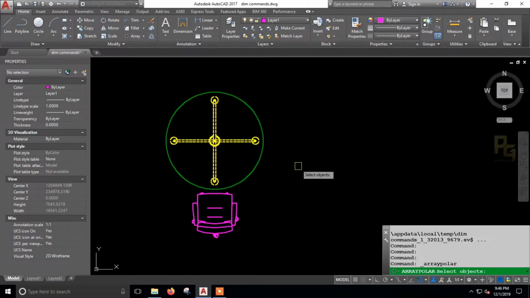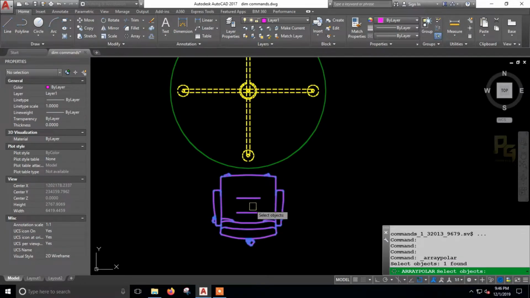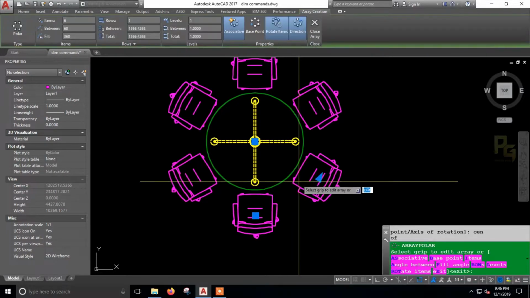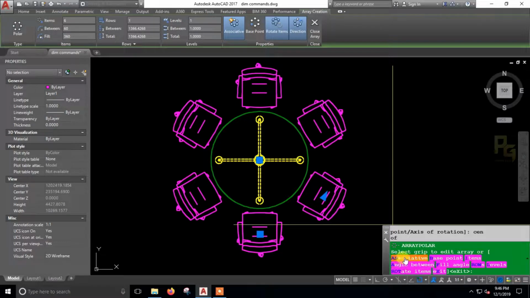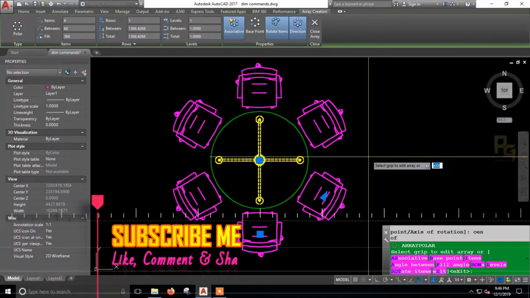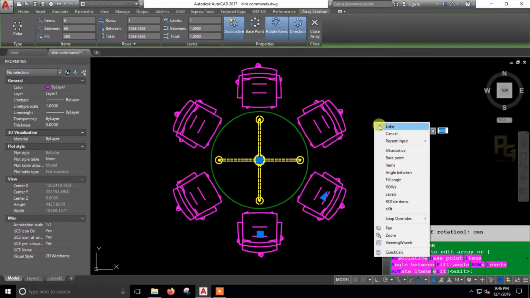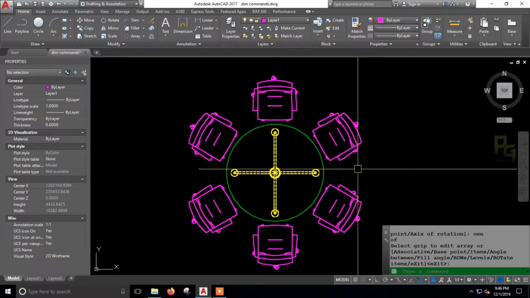I am picking the command polar array and selecting the object which needs to be arranged. So I am selecting the chair and entering it. It asks you to pick the center point, so I am picking the center of our dining table. By default it creates the array. You could see a few more options at the command line over here, and we can control it from our properties window. I will show you how to control it. That is the easiest way. So I am entering it, and here you can see the array is now created.